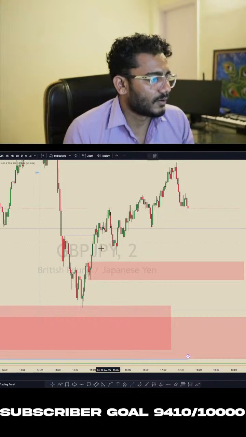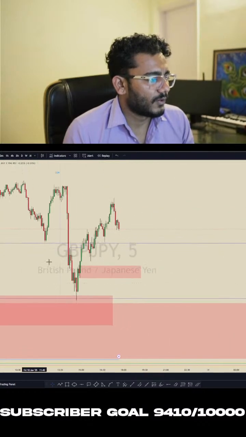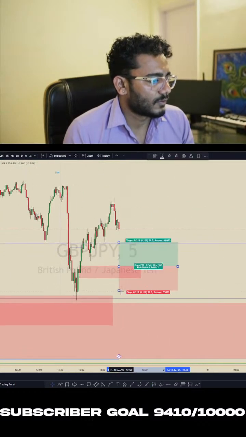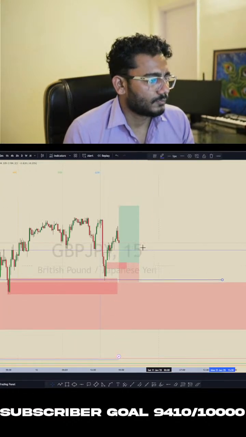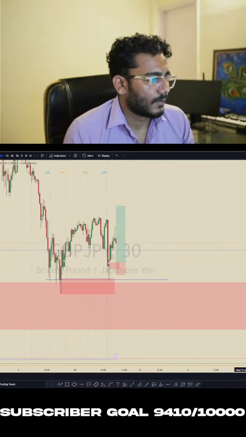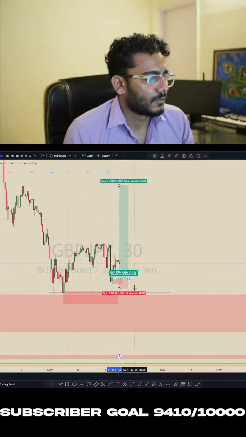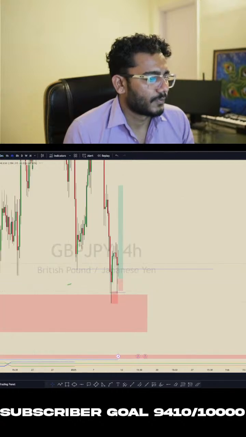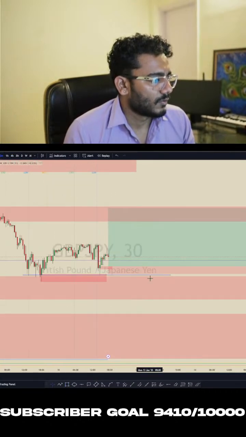Okay, so I'll be sharing this chart. If we see on 5 minute, we can see around here. So we should get around 1:10 in this one, because price can continue the upside. I like to see price react from this order block. So this is on 30 minutes we can see.